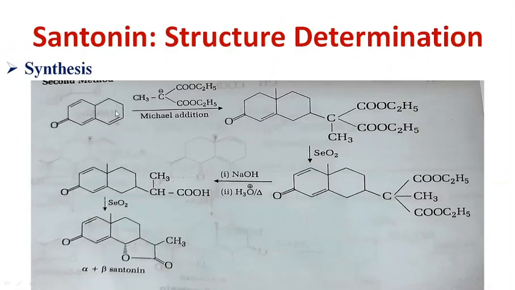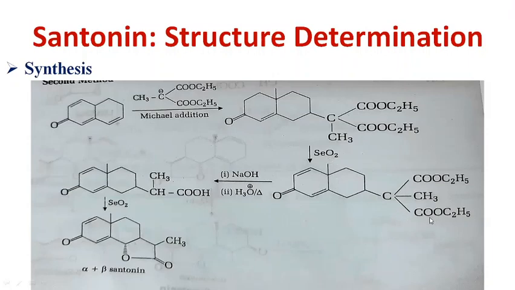As you can see, the starting compound we have taken is this alpha beta unsaturated carbonyl compound. Here this is Michael addition with this malonic ester. This undergoes rearrangement, and the Michael addition takes place at this carbon atom. As you can see here, this Michael addition is a stereospecific reaction, and the malonic ester group occupies the most preferable equatorial position in this cyclohexane ring, which on conversion, the reaction with selenium oxidation, it